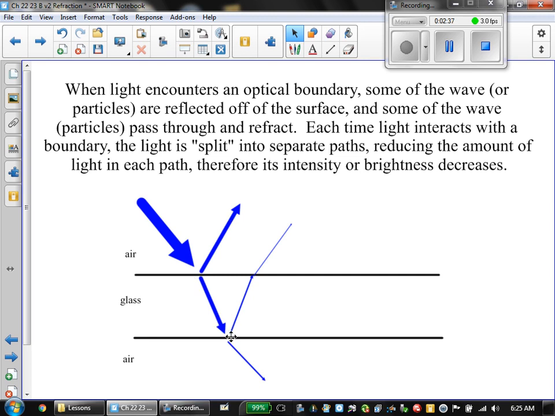On this boundary, it's also going to reflect, so some of that is going to reflect away, and that beam itself actually could reflect back or transmit through. So this process actually continues on and on. This beam that refracted through can also refract back out, and in addition to reflecting, can also refract. And again, this can go on forever. I'm trying to show you that when we think of light as reflecting or refracting, it's actually more complex. There's actually a domino effect of light. Every time it hits a boundary, it does a little bit of each, and the intensity or the brightness will change as a function of that.